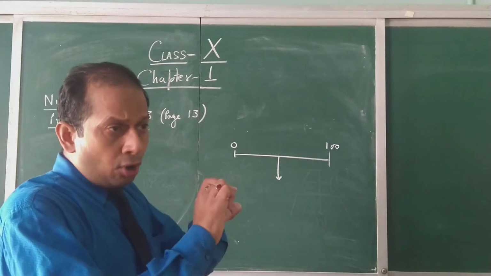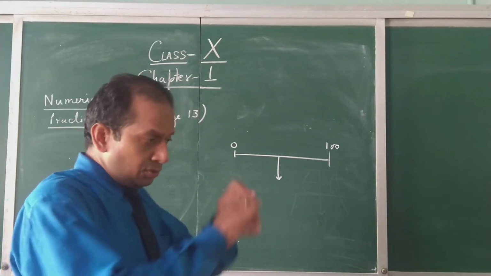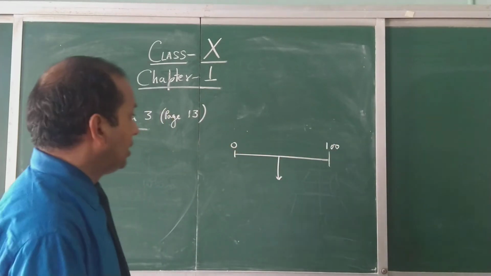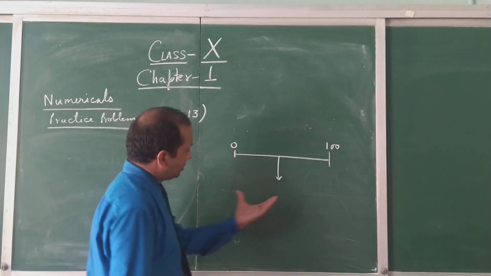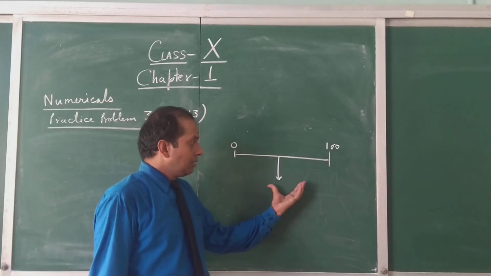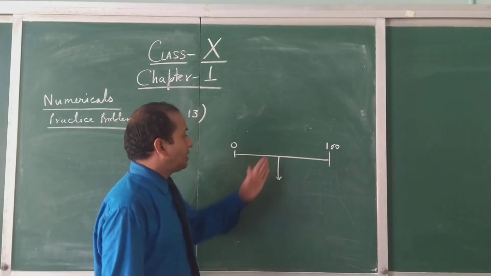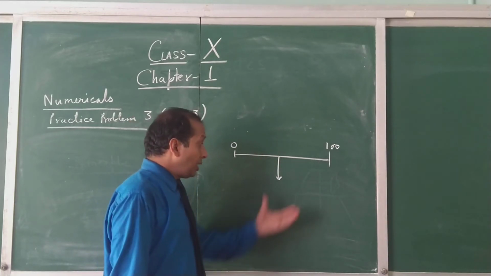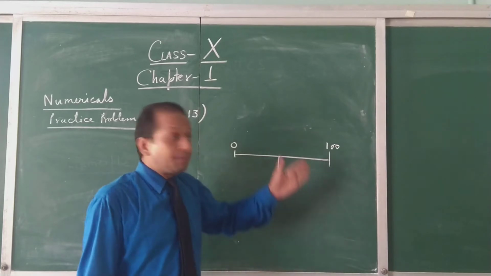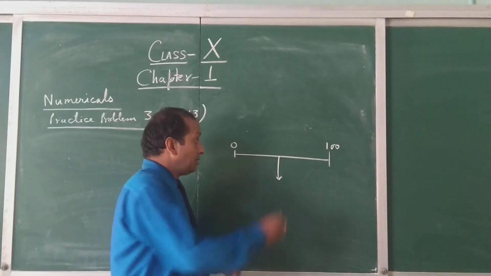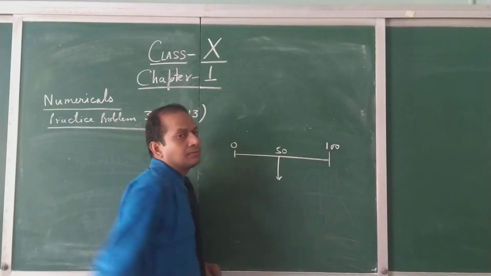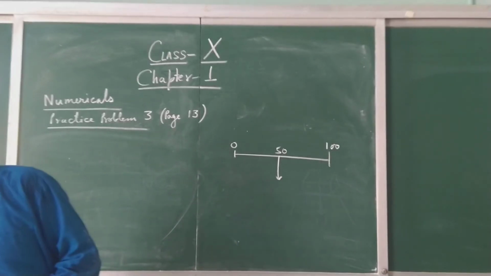If the rod is uniform, like uniform thickness is there, then the center of gravity is at the midpoint. So the whole weight of the body is supposed to act from this point, means 50 centimeter. Then